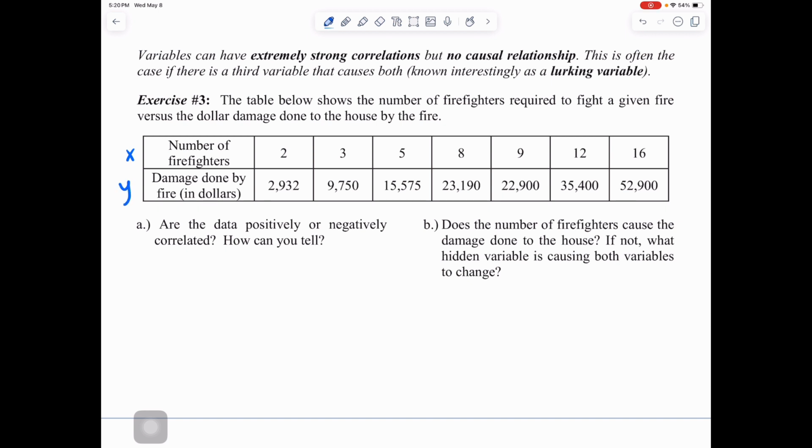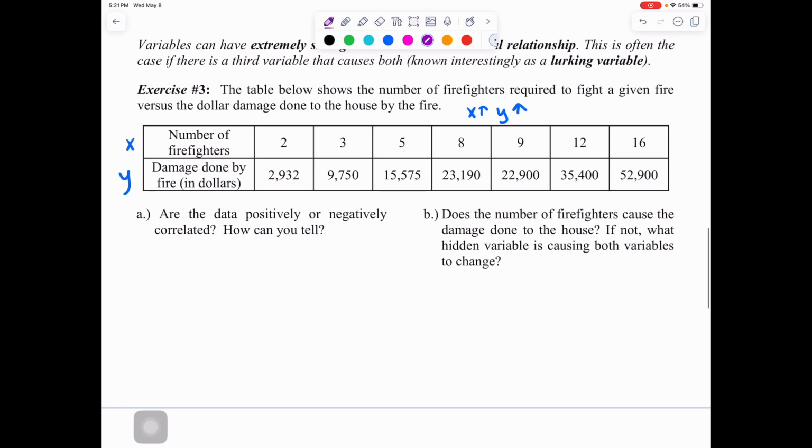And the first question we have here is, are the data positively or negatively correlated, and how can you tell? So if I take a look at this, X is going 2, 3, 5, 8, 9. So X is definitely increasing. And then as I look at the damage in dollars, the damage in dollars is also increasing. So Y is also increasing, which means we have a positively correlated relationship. So I would say positively